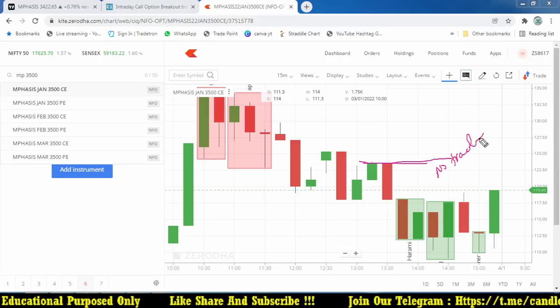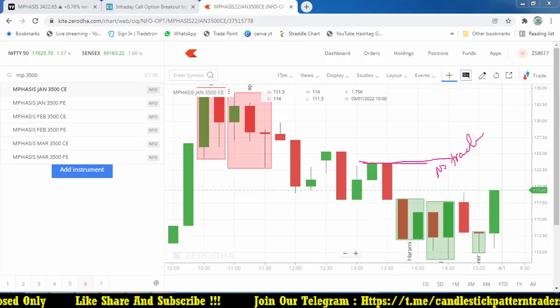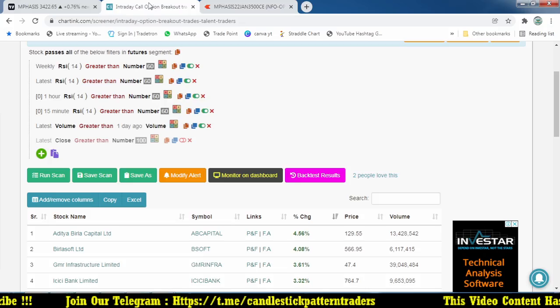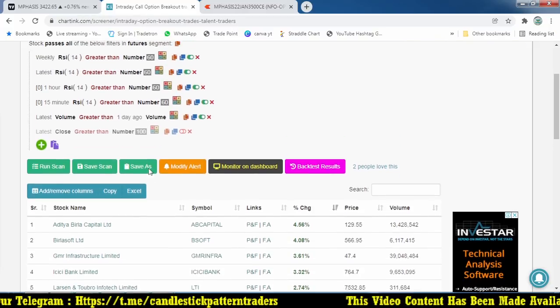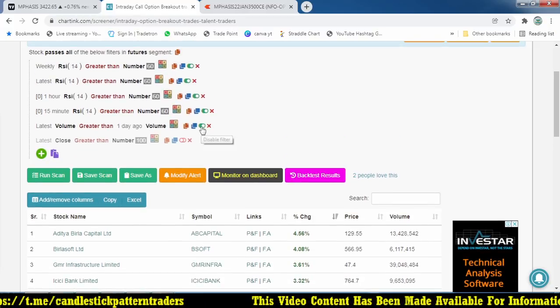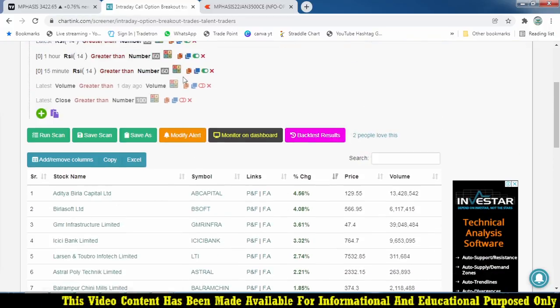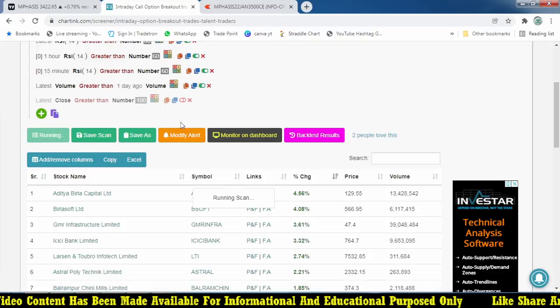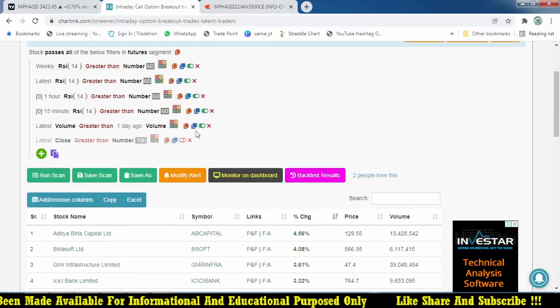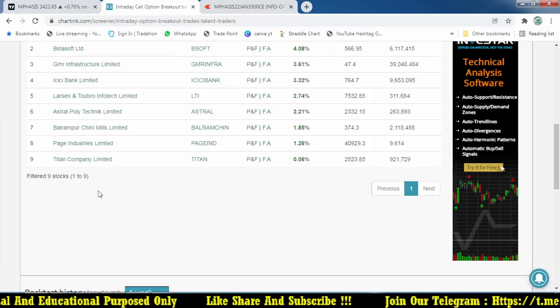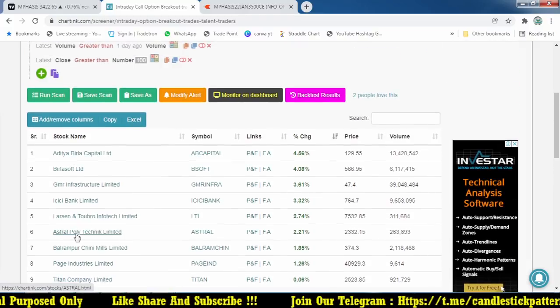So if you are using this in a perfect way, even with a small risk you can get more benefit from this kind of strategy. So finding the right stock is important. If you avoid the volume filter, you get more stocks. With the volume filter I get only 6 stocks; if I remove it, I get 9 stocks. Even Titan, so a lot of stocks, no?